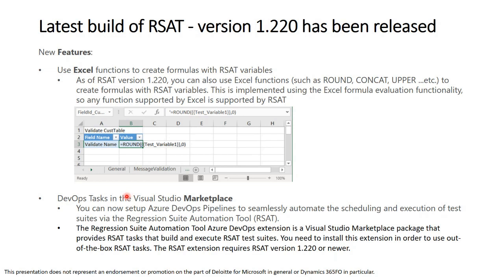Another important thing is that Microsoft introduced in the marketplace the possibility to handle the regression tool automatically during the pipeline build. So you can find an option in your workflow, in your diagram, in your process flow, to choose RSAT test. It's very powerful because at the end, or every night, or whenever you run the build,